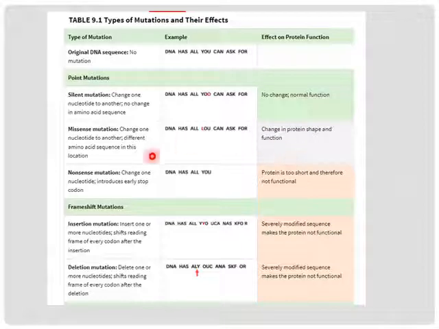We could also have a point mutation that's a nonsense mutation. Again, only changing one nucleotide, but this time it's producing an early stop codon. So remember, our stop codons are telling it to stop reading and stop producing the RNA. That would also change the protein. It's going to make it too short and therefore not functional. So, three very different kinds of mutations that you can see with just changing one nucleotide here,